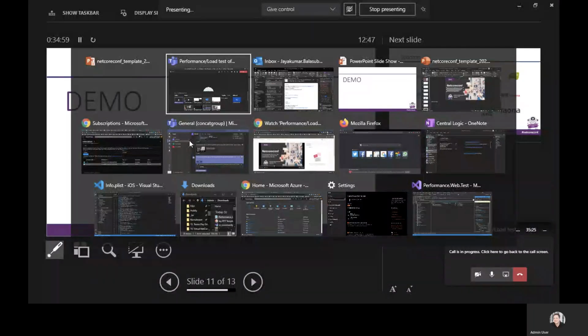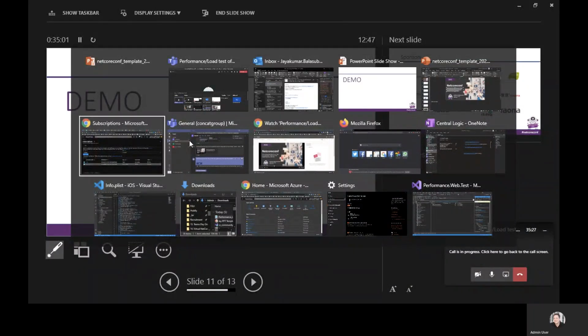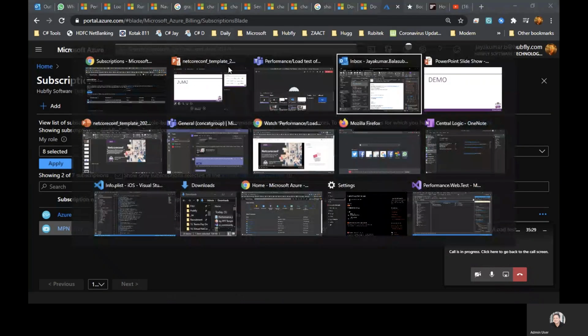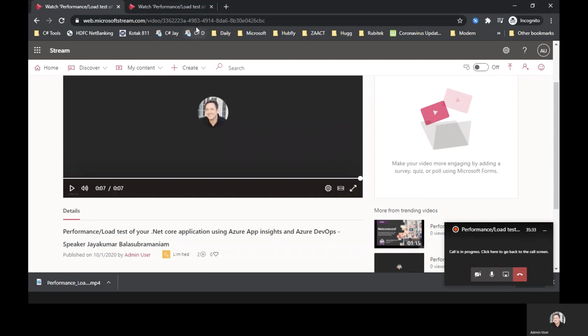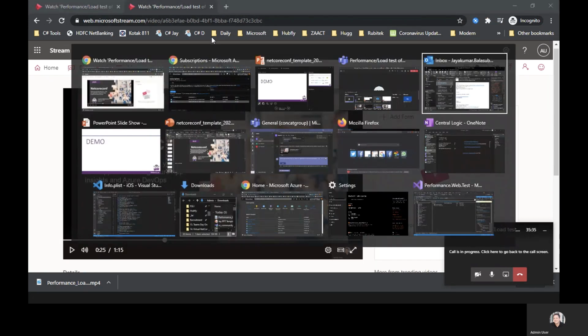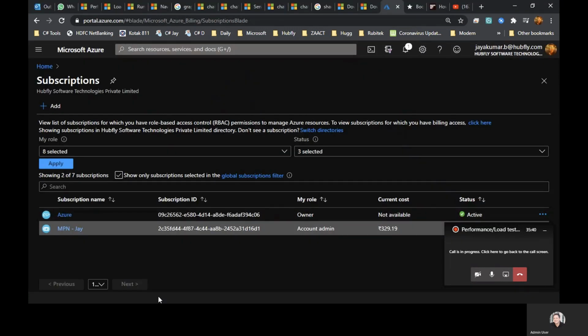Okay, now let's get into our actual scenario: how we can perform those kinds of availability or performance tests, like a URL ping test or a multi-step test. It's just that simple. Once you open Application Insights, come to the Availability section in the left navigation and click the Add test option. I have already created something for the same application, and it is tracking something like this. Let's create a first test here again.